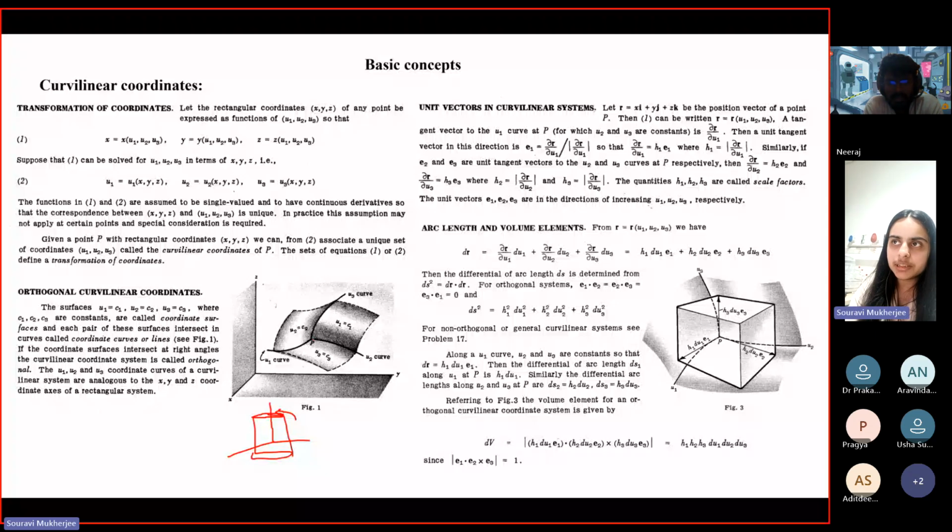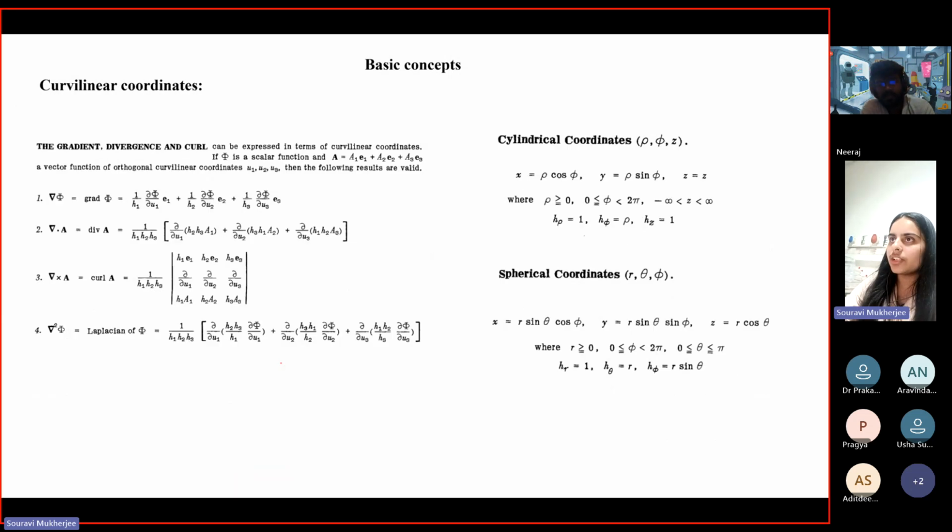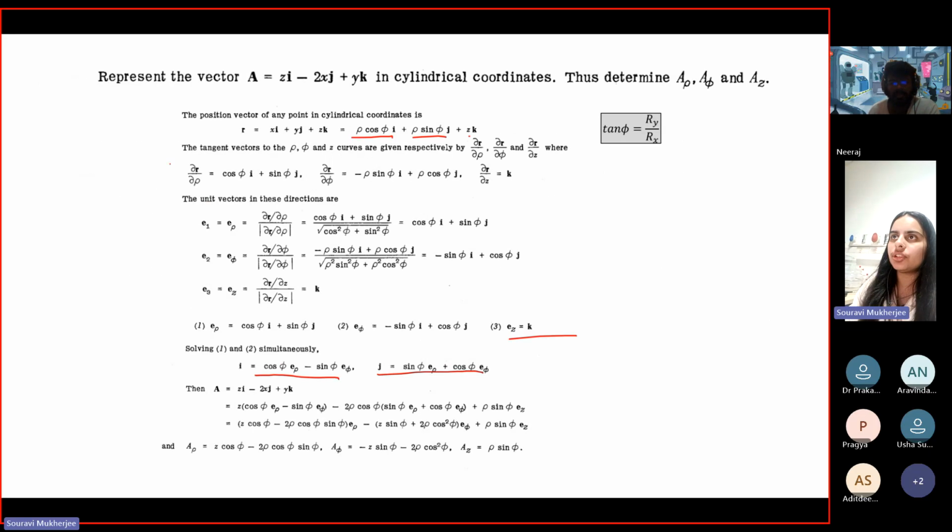And if you do a unit vector, divide by the magnitude, you get the unit vector along this direction. So this is nothing but r cap, phi cap, and z cap for cylindrical coordinates, right? So that's what has been done here. Suppose you have a position where the components are x, y, and z in rectangular coordinates. You have a relation between x, y, and z from rectangular to cylindrical, which is the parametric form, right? r cos theta, r sin theta, z. So that is there.